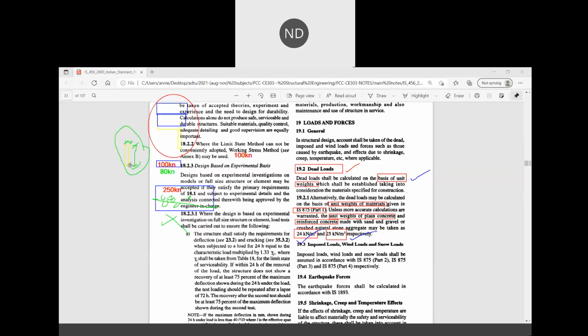If we know the unit weight and the dimensions, how long and how short it will be, then based on that we can calculate how much material is coming in and how much load is increasing. To calculate this load we need to know the unit weight of our plain concrete and reinforced concrete. Okay, and since we are always going to use plain concrete and reinforced concrete in our structures,